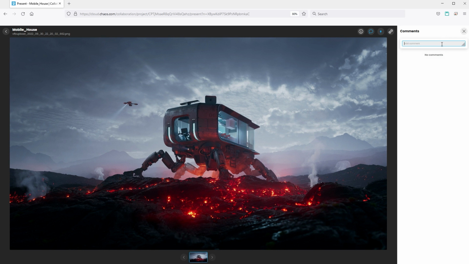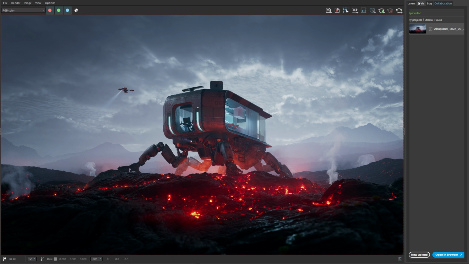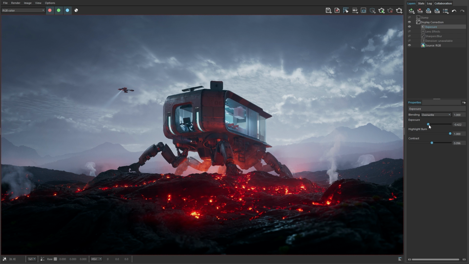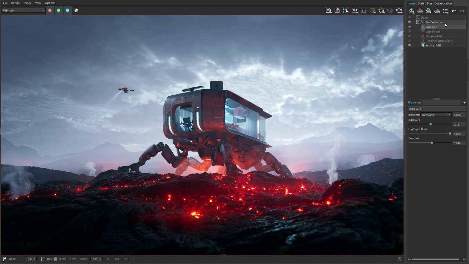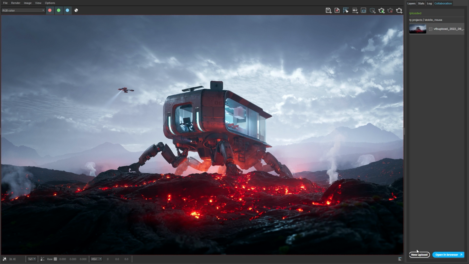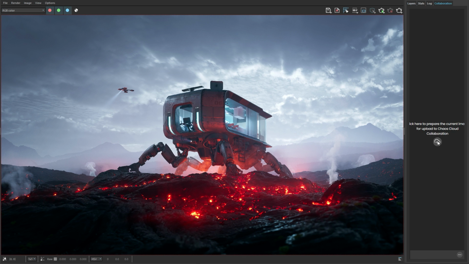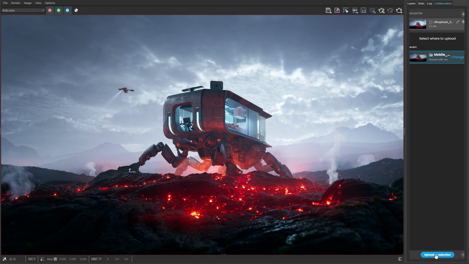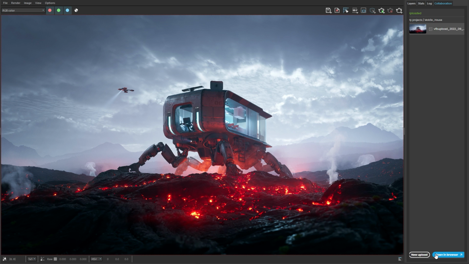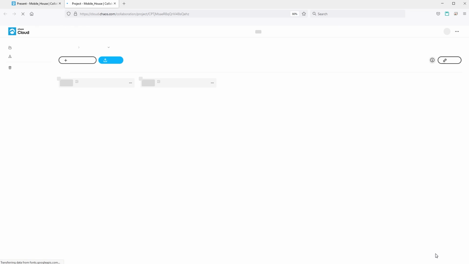Let's say you get a comment that the image is too dark. You can quickly go to the VFB and change some color corrections and export a new version. When a new version is added, you can compare them from here.